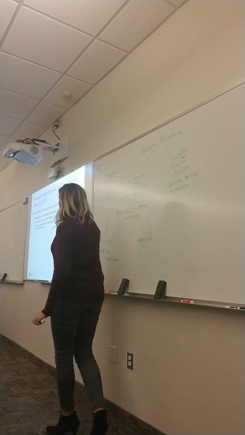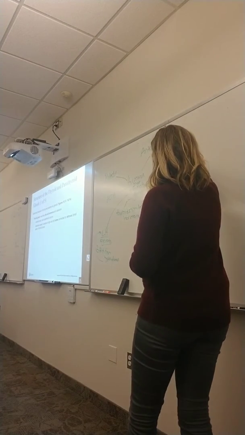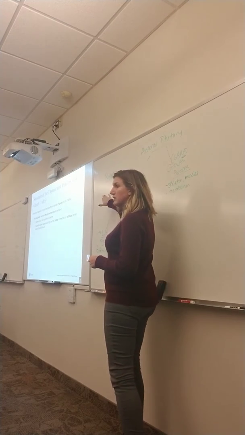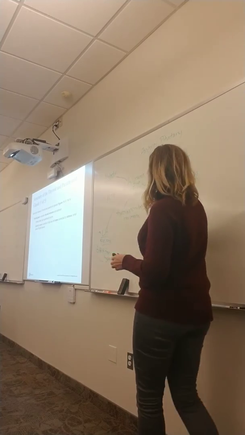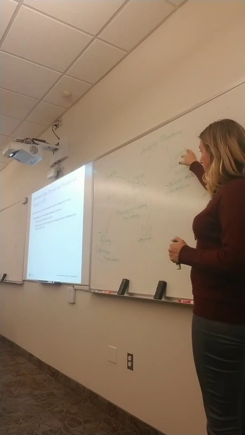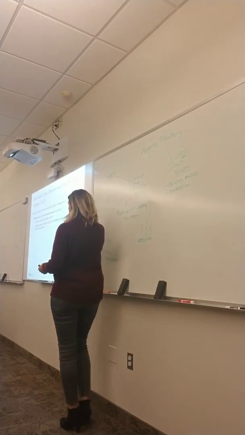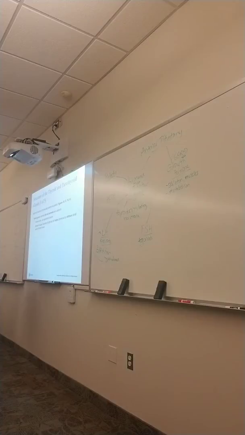So our thyroid gland, so this is moving on from anterior pituitary. All of these come from anterior pituitary: prolactin, adrenocorticotropic hormone, LH, FSH, TSH, and growth hormone. And then we also had the two that are secreted from our posterior pituitary. So moving on into other endocrine glands, we have the thyroid and the parathyroid.